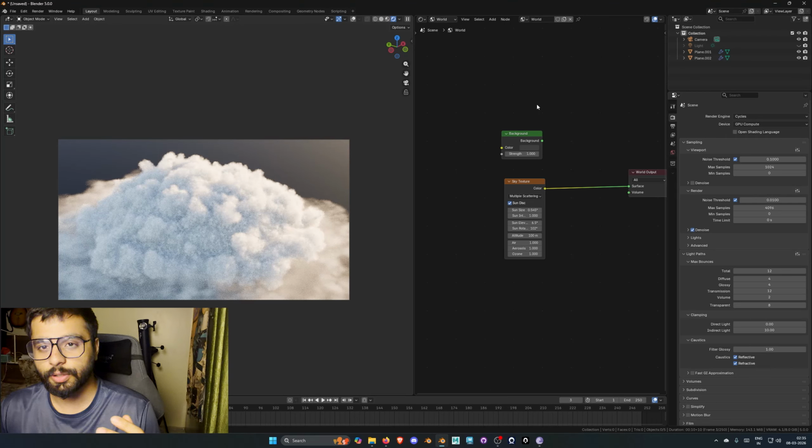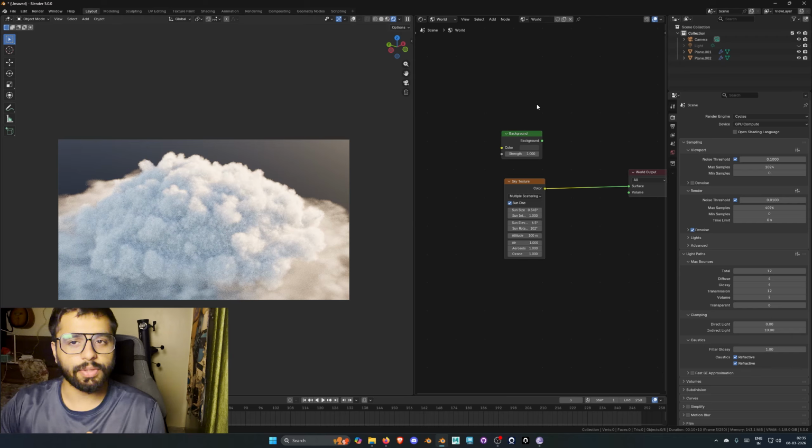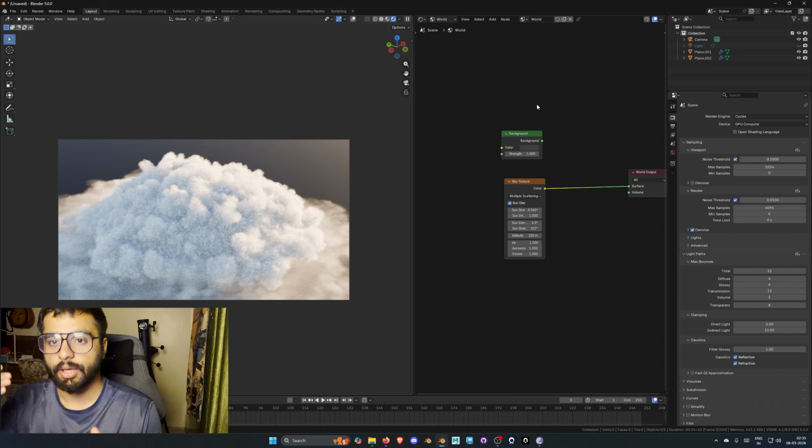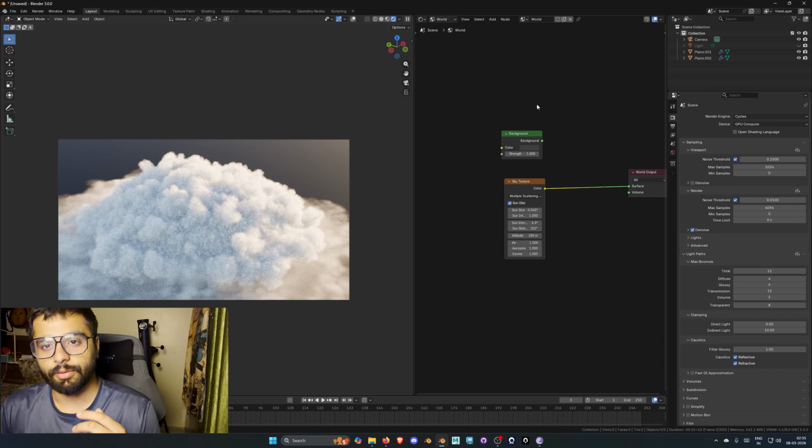And in this one, I just want to show you guys a cloud generator which I've been working on, which you will see in action in my next short film. This one is really simple, but really versatile. So I just want to show you guys how you can incorporate it in your projects. I am going to give you this generator for free,